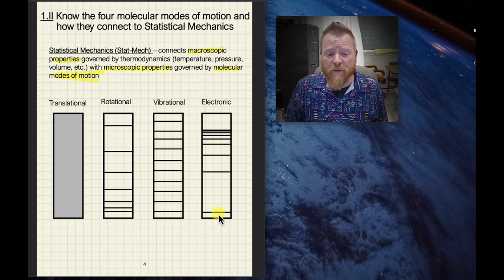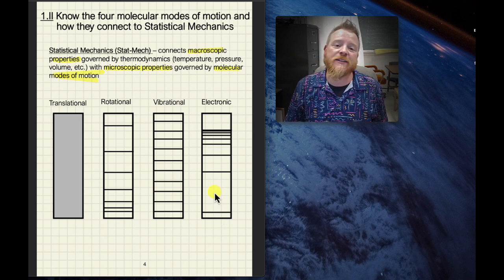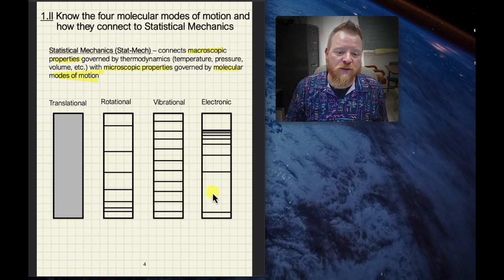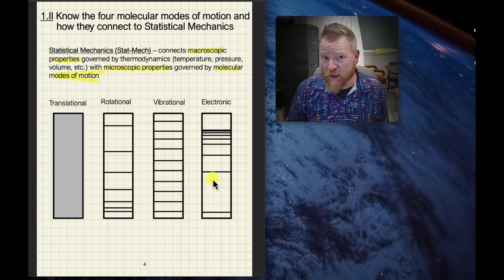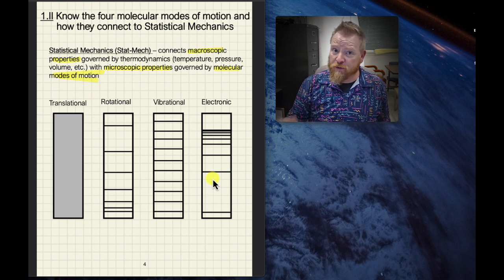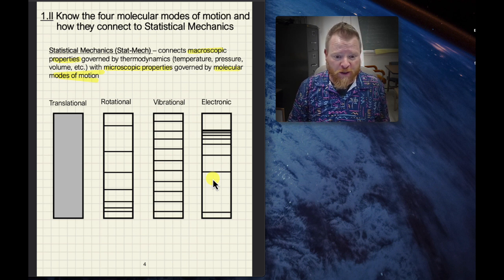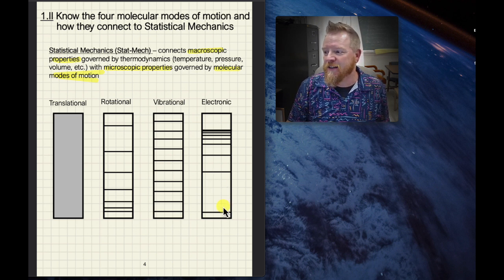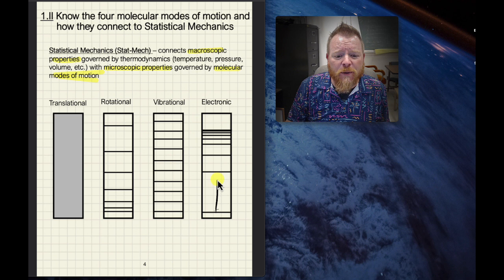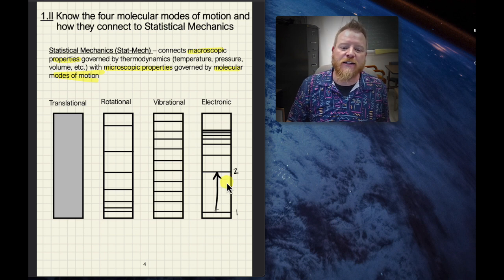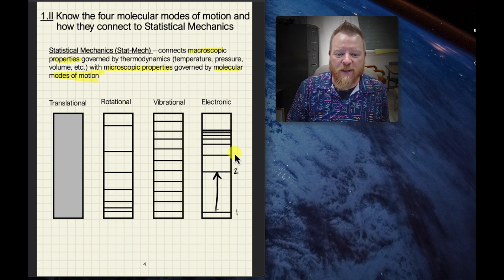So in the electronic mode of motion, this is how electrons within molecules can absorb energy and transition from one electronic state to another electronic state. So we typically see this in spectroscopy, right? At least in visible spectroscopy, as we'll see. And if we look at a typical spacing, let's say between the ground state to the next highest state. And so obviously we can see in the electronic levels, they crunch together as we go up and up and up.